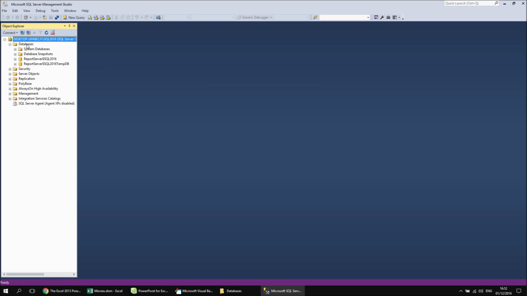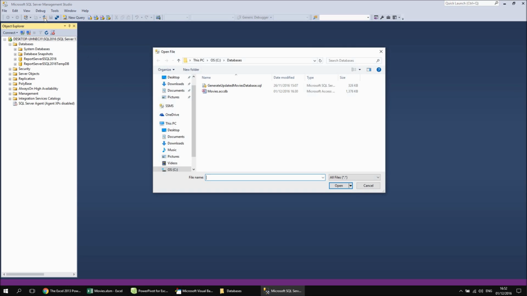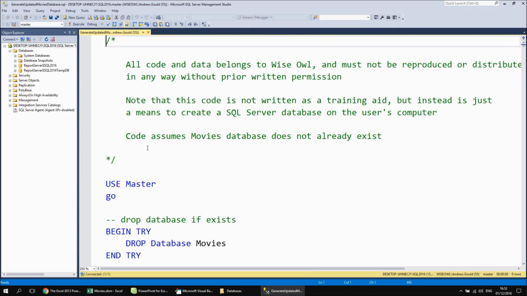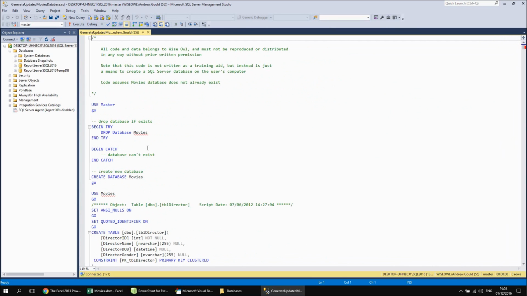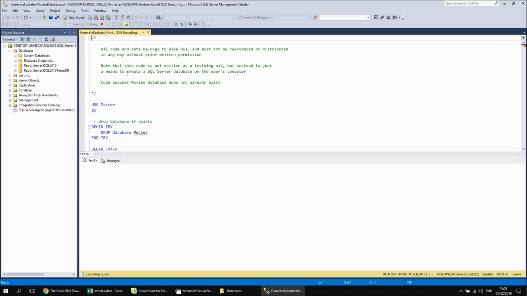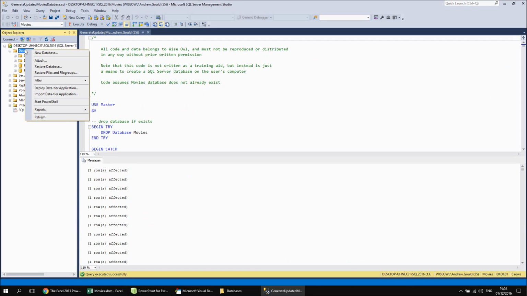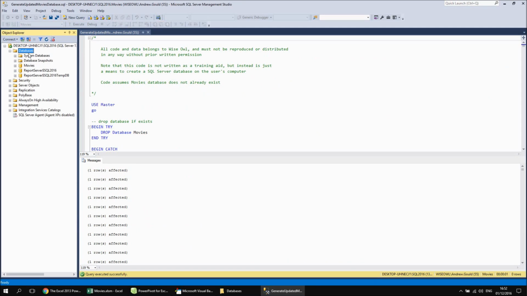So I've got a databases folder here that doesn't have the movies database yet. If I choose to open a file, and then I choose to browse to my databases folder, I can just open up my Generate Updated Movies Database script, and then when that's been opened up I can just execute the entire thing to create this database and all of its data. So if I click the execute button, it will run and hopefully return a success message or success messages, and then if I right click on my databases folder and choose refresh, I should find now that I've got a